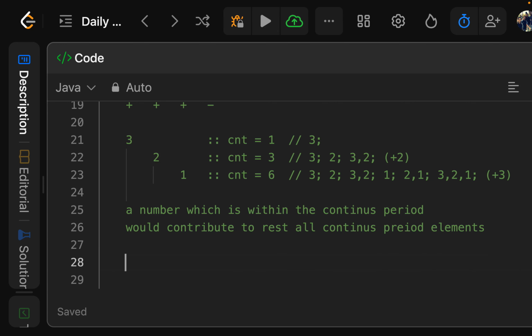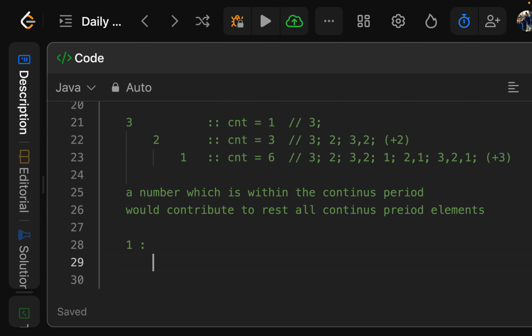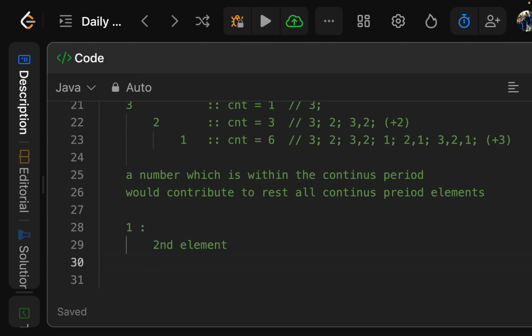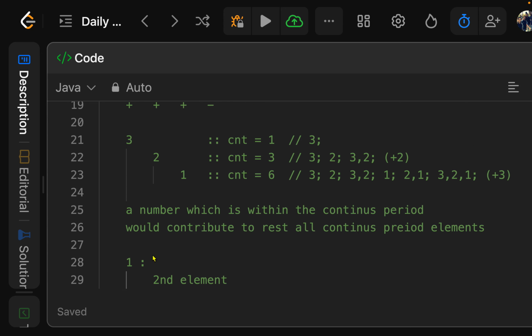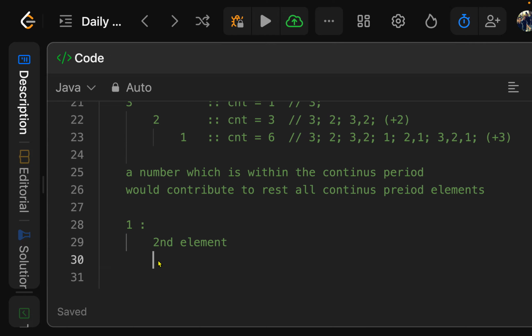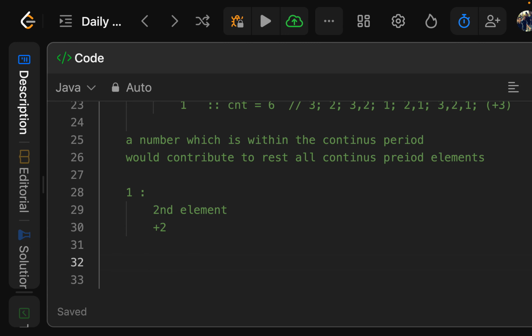So if my continuous period was 1 and the next element was 2, second element, then I would calculate, contribute to rest of the elements as well. So second element, so I'll just add a 2. Now we have count as 3, continuous